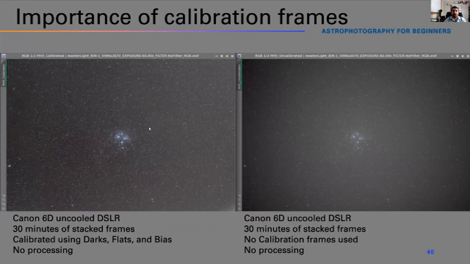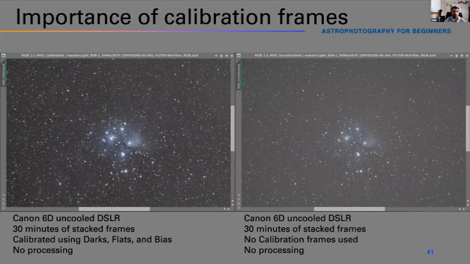What you will notice right away is that I can see more detail in the image with the calibration frames, mainly because at the very edges over here, there is less vignetting, less darkening, because the flat frames have taken all that darkening out. They have compensated for it. Whereas on the right, you will see that the outer edges of the frame are a lot darker because of vignetting. And you get that in daytime shots as well, but it's less noticeable. So because of that, you don't see as much detail in the object itself.